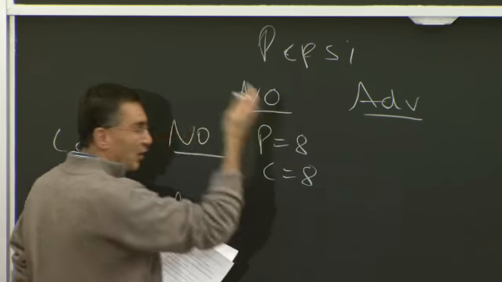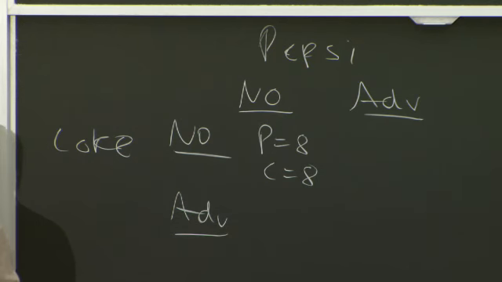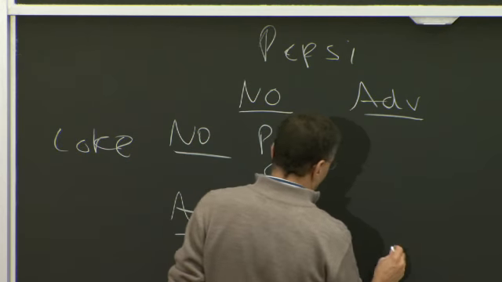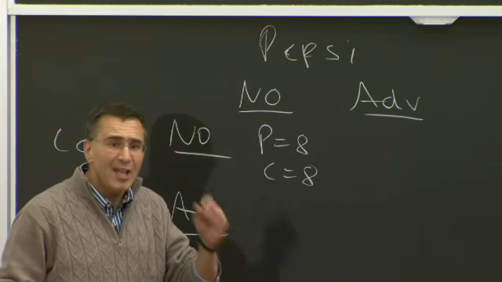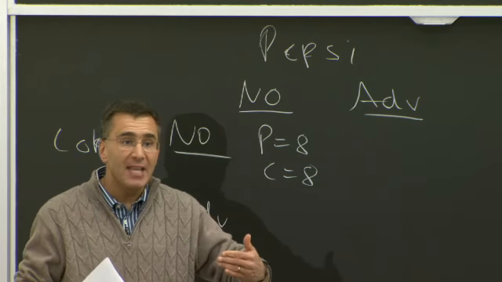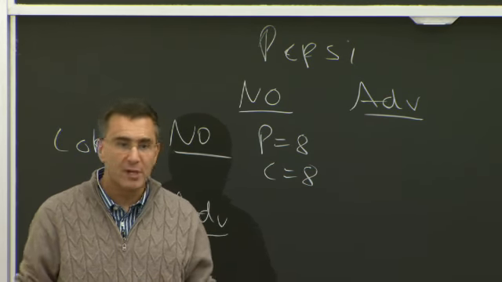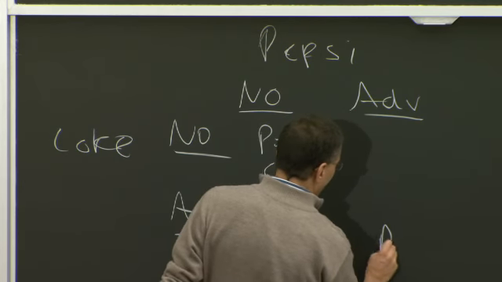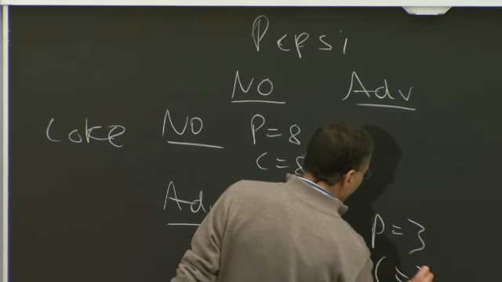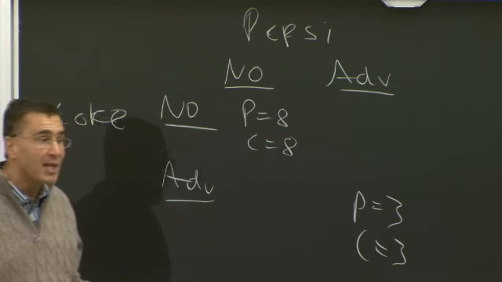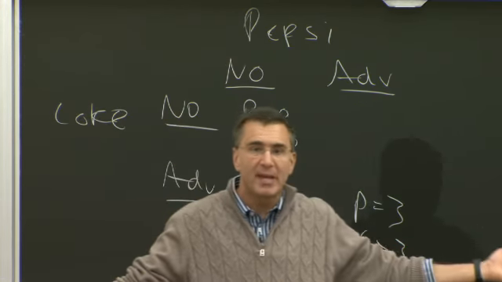I don't know what 8 is. 8 is $1 billion. So I'm just making up numbers here. It doesn't matter. So $8 billion each. Okay? If they both do advertise, then they still end up splitting the market. Because basically, they're just as good as each other. So they both spent all the money advertising and are just back up where they would have started. Except they've wasted all this money in advertising. So if they both advertise, they each earn 3 billion instead of 8 billion. That is, they each split the market. They end up back where they would have started, but they've wasted a bunch of money advertising along the way.